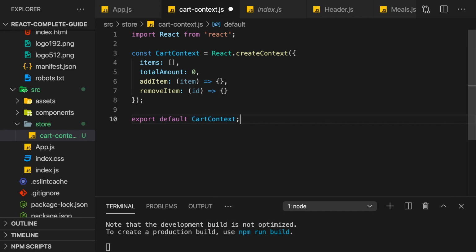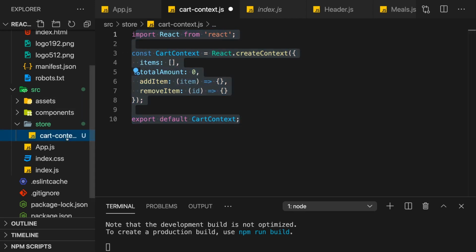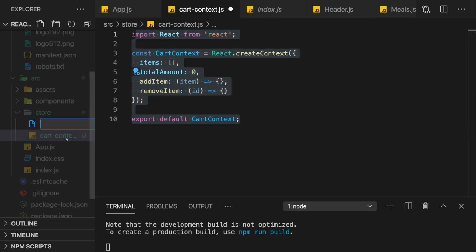Now we got this context generally created. But now we will also need to manage that context in some component with useState or useReducer, as you saw earlier in this course, so that this context can also change over time and can update parts of the application over time. And we could do this in the same file here, but I will create a new file for this and name it